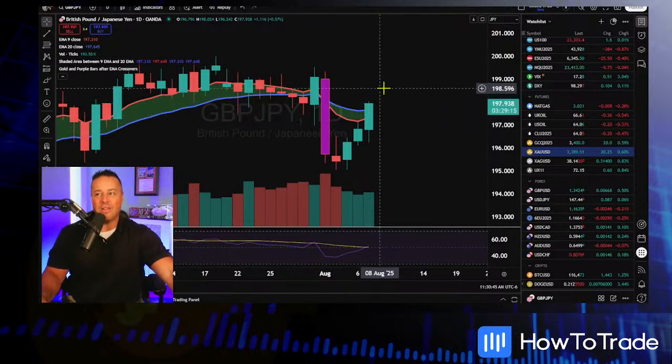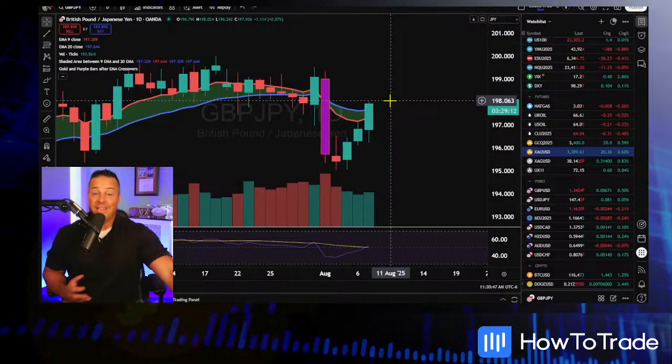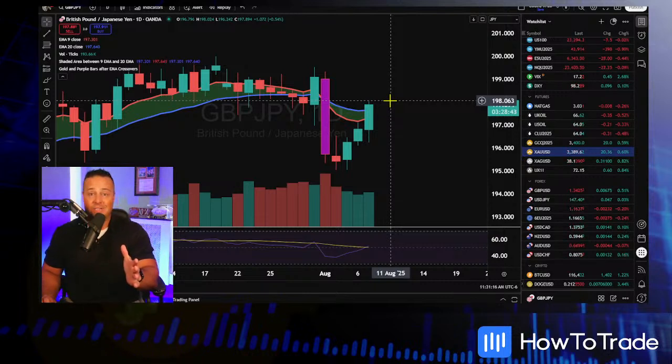So if we sort of stagnate a little bit in this guppy and then get this crossover, I like it to the top side. I really do, just because of the fundamentals. Great Britain pound, hawkish. All of a sudden, the BOE sort of came off as hawkish, even though they cut interest rates. What do you think the Bank of Japan wants to do as quick as they can? They want to get back to a negative deposit rate, get that Abenomics going, try to get some FDI, some foreign direct investment, make those exports hyper competitive. And now they have tariffs to deal with. That's even more of an incentive to devalue the yen, and it's something the BOJ has done repeatedly for the last 25 years. I would be looking towards the long side of this market, and I would probably be using this 920 crossover on a daily to get that done. Definitely want to do that.